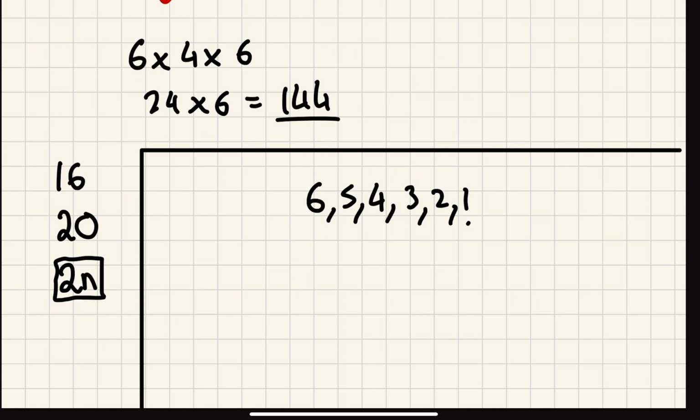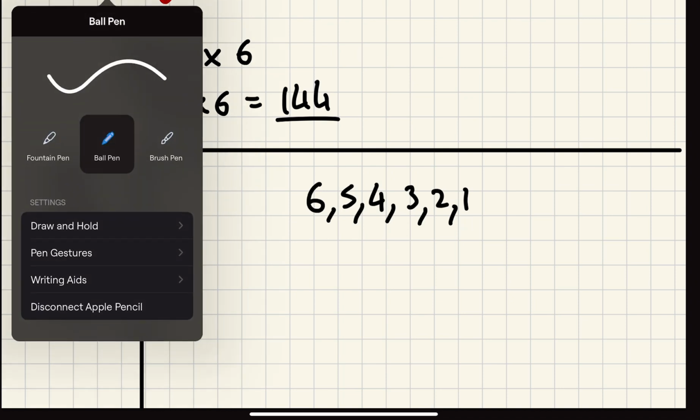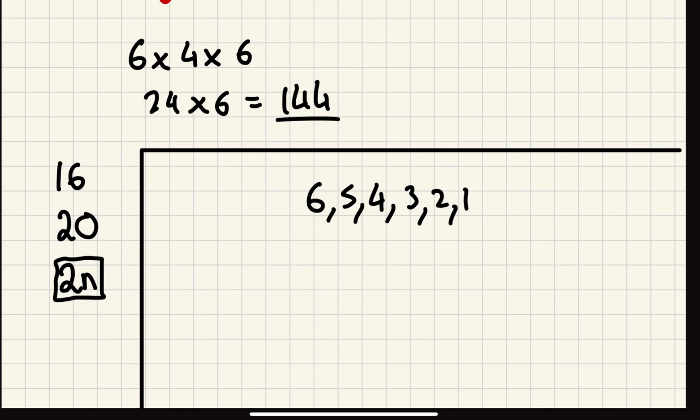Now 1, what's 1 times 3 over 2? Well, it's 3 over 2. So 1 could go with any of these. So if I draw this out, you see that 1 could go with any of those. Now 2 times 3 over 2 is 3. So 2 could go with any of these. 3 times 3 over 2 is 4.5. So 3 could go with 5 or 6. And 4 could just go with 6